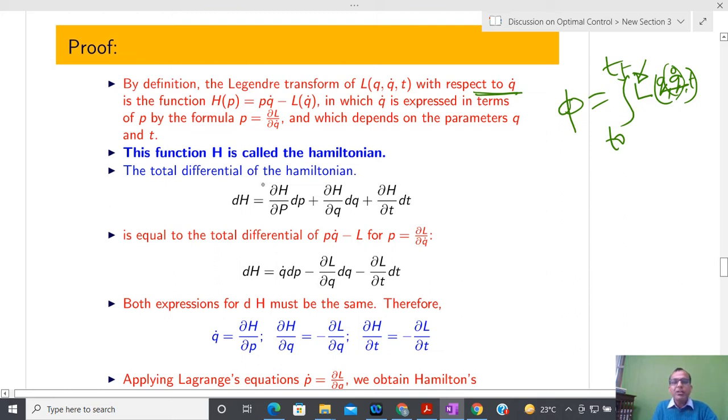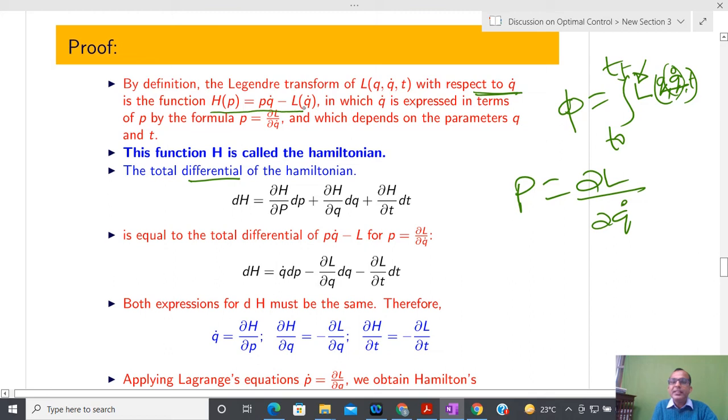Okay, now I have already seen that if I am going to do transformation in terms of q dot, then I can write an expression like this. I am just bothering about the q dot, so I have written it like this, and I know that I have defined p as dou L by dou q dot. Okay, so if you take the differential of h, h basically contains the term q dot,